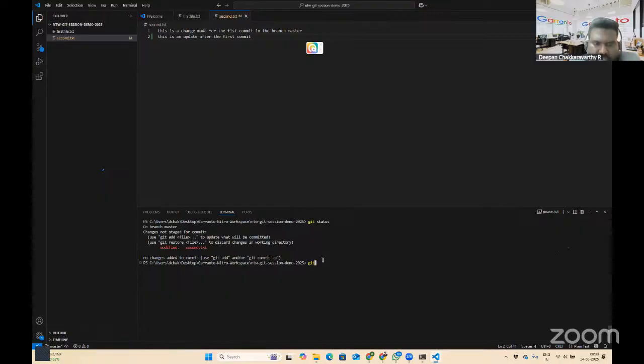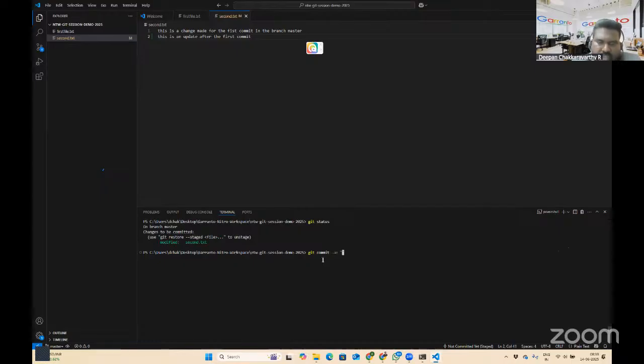So how do I commit? I stage. I made a change, I staged it. Now the changes are staged, and then I commit. I'll say git commit -am, and then I'll say updated the second file.